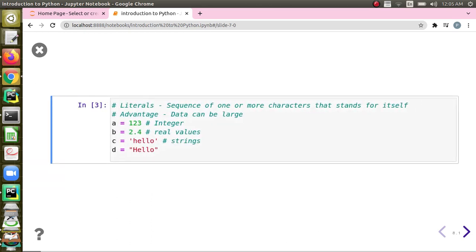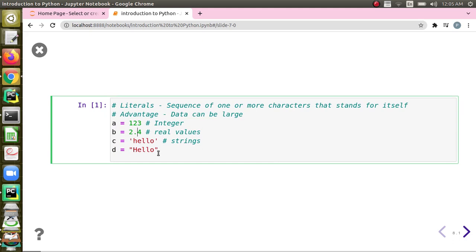So this is a single line comment. You can see, since this line itself starts with hash, the entire line becomes a comment. And a single line comment can also be partial. Here the comment starts only from here, right? So the interpreter will process till this point. It will set a equal to 123, but it will not process what is given after the hash. So we can run this code and see. So 4 variables are created.